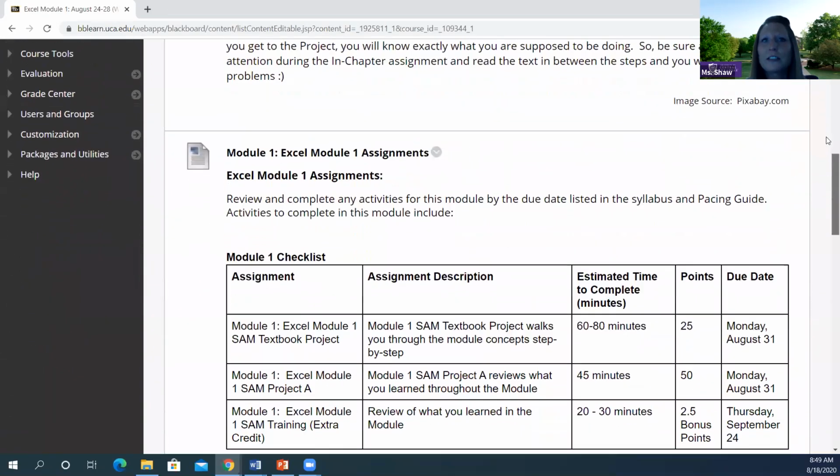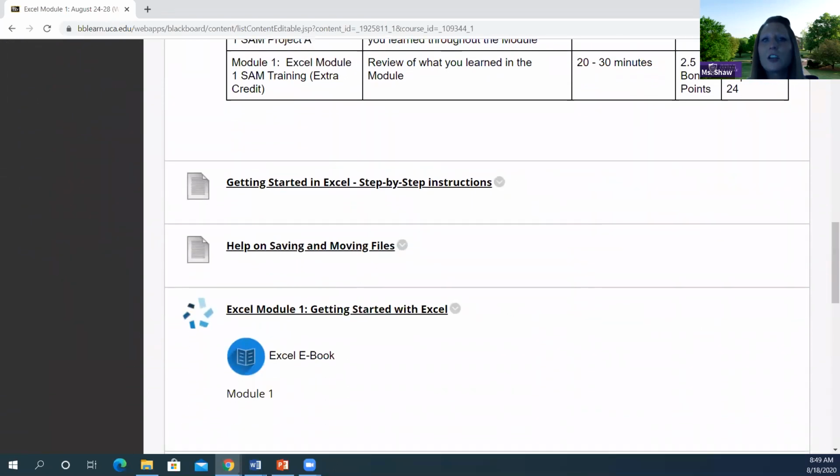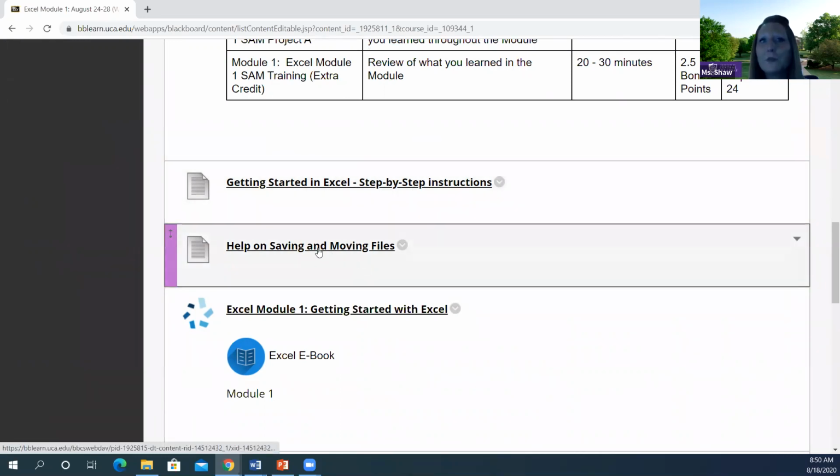You'll scroll down, you'll see the overview, the list of assignments. There's a couple of files that you really need to take a look at before you get started with the work for the week. There's an Excel step-by-step instructions. This is a very helpful file that will help you learn how to download your files, save and move your files, if you're not really familiar with how to save files and where